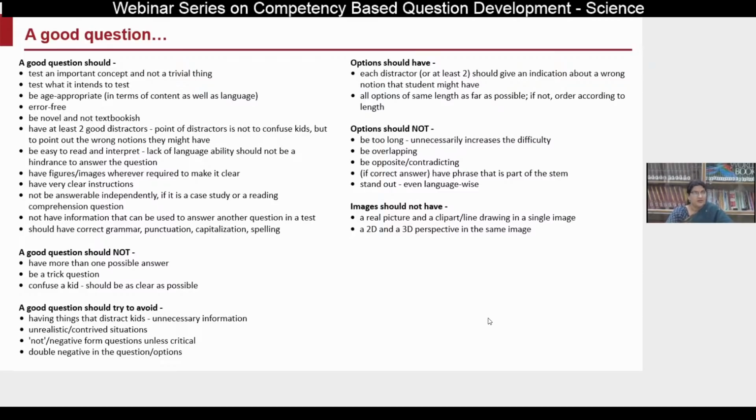So we have tried to touch upon various aspects. Of course, this cannot be an instant solution to all your woes. We can't probably say that we have taught you how to create good quality items. This is a process. This is a journey which you will have to take on your own along with your peers and friends.